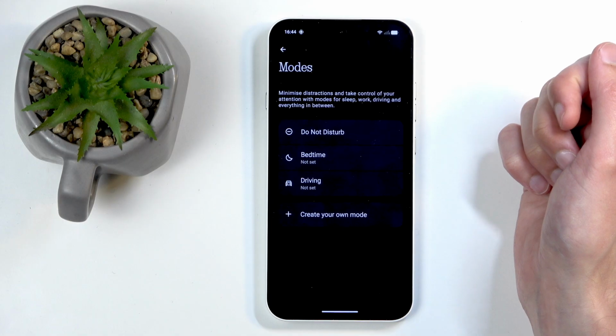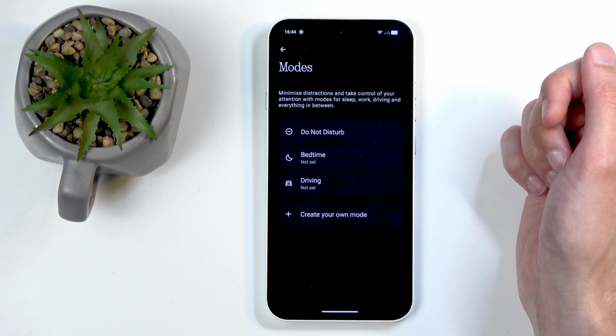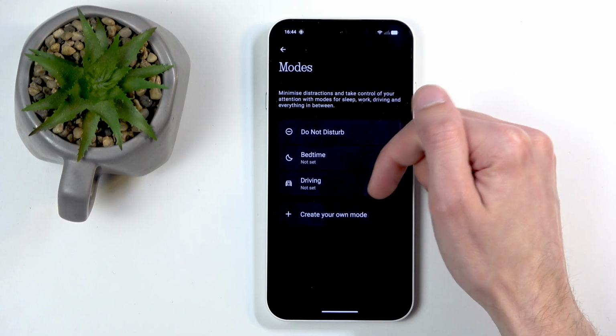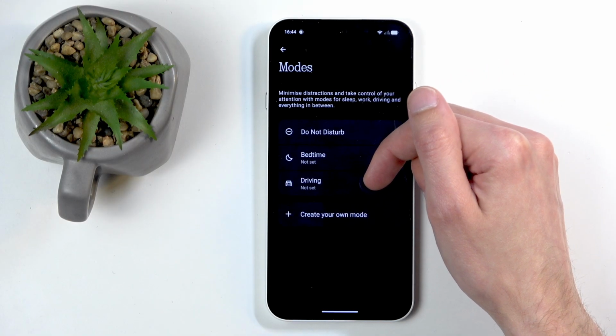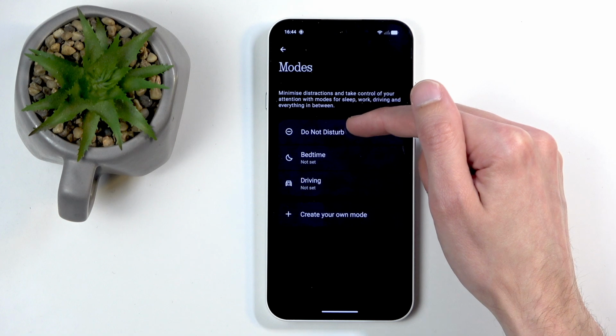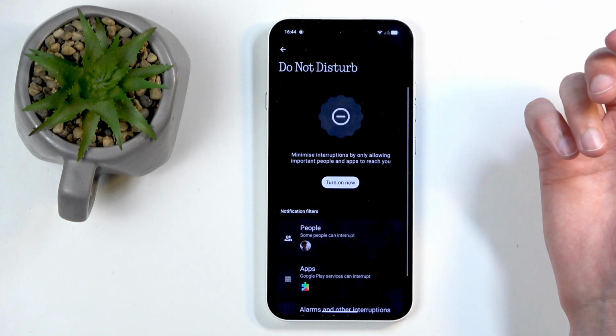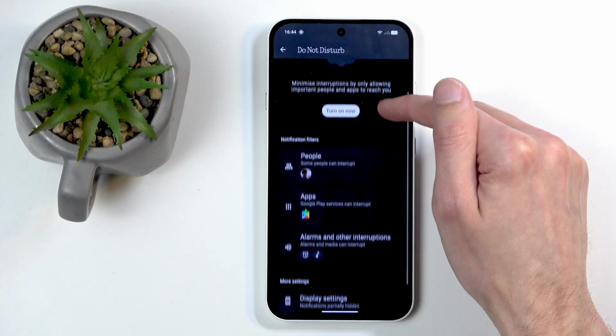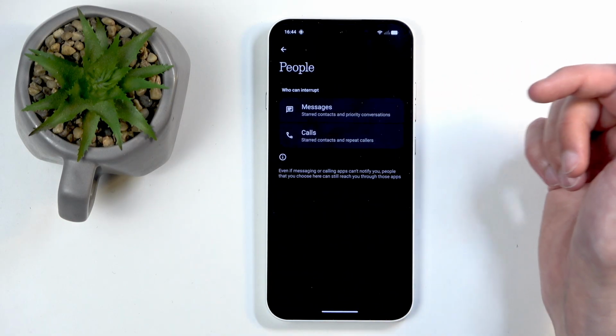And when you do, this will take you to the settings, and in here, we can create our own mode, which kind of implies our own Do Not Disturb mode partially, or we can edit just the Do Not Disturb mode itself. So when we click on it, we can choose, for instance, people, which under here we can select